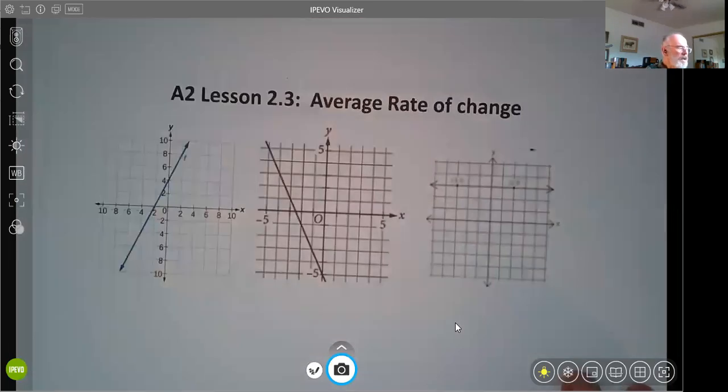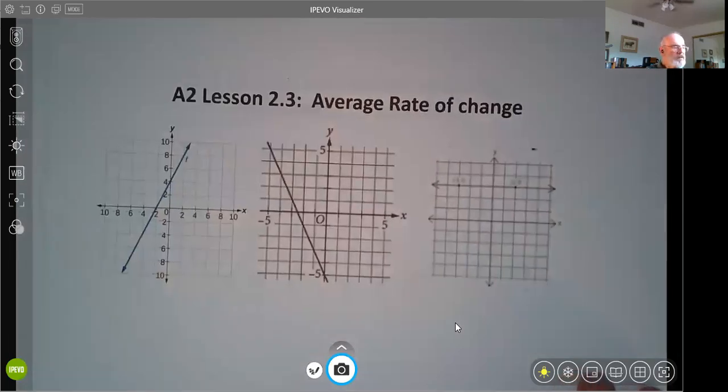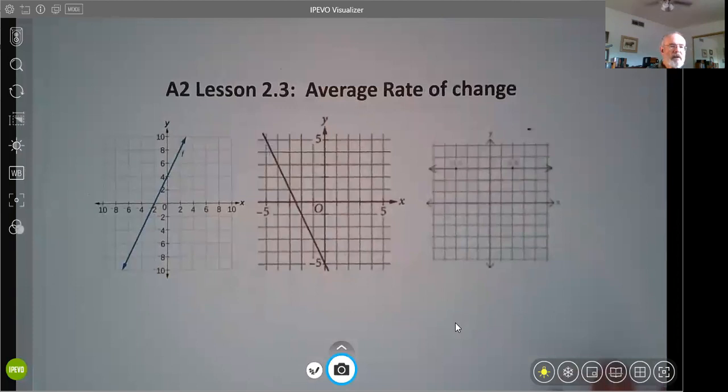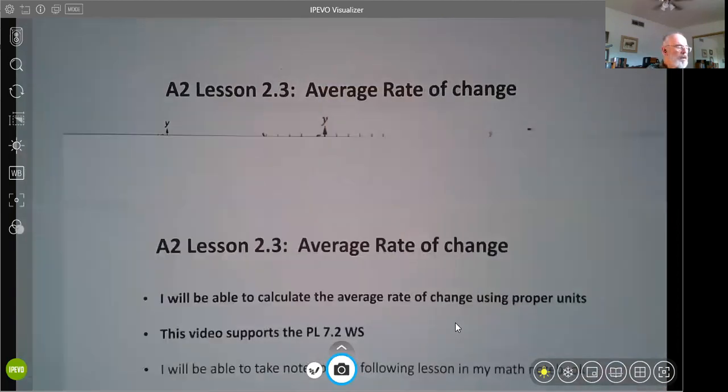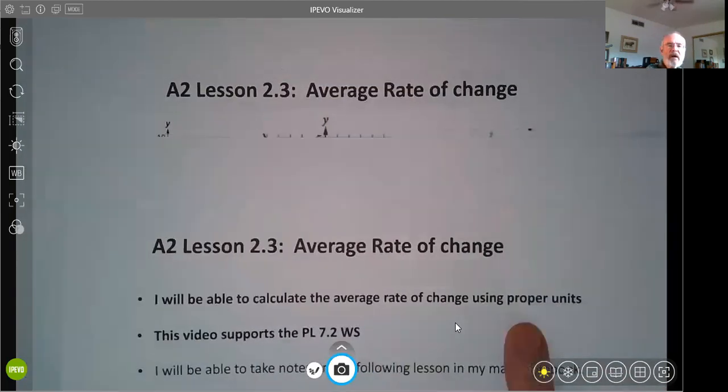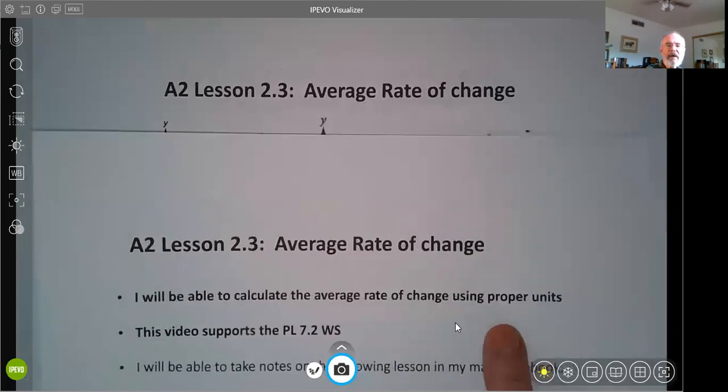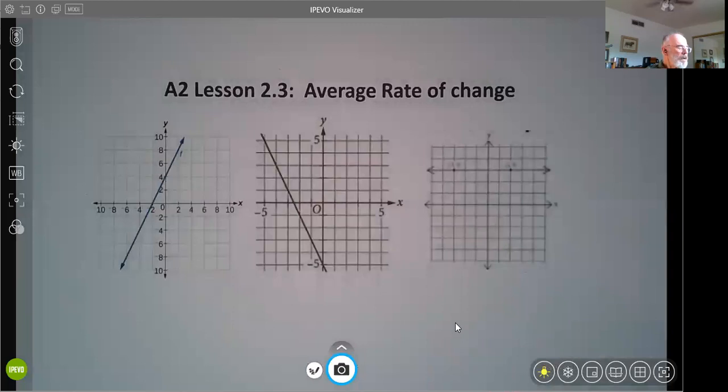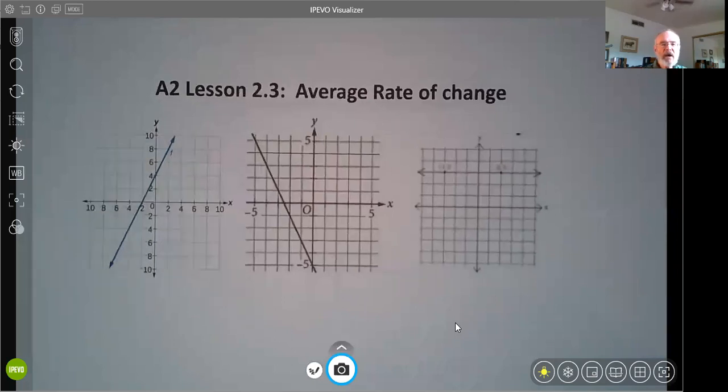So average rate of change. What I had said is that you're going to calculate the average rate of change using proper units. So let's first of all talk about what average rate of change is. Here are three examples of